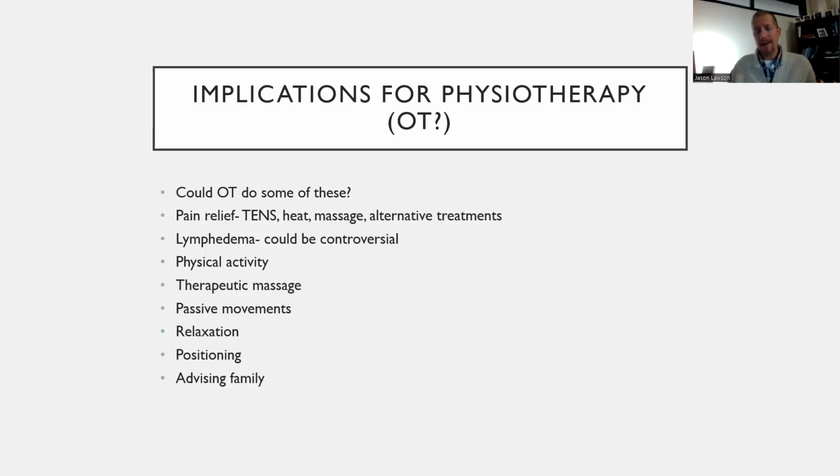I can't speak to acupuncture, but again, there are many, many other types of alternative treatments that people with chronic pain may seek out. Lymphedema. So sometimes I'm thinking end-of-life cancer patients, right? Lymphedema can be controversial, and it's usually contraindicated